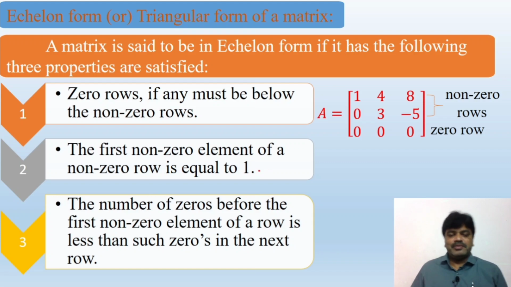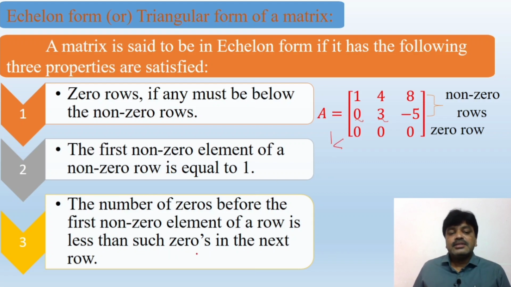Then the third property is very, very important: the number of zeros before the first non-zero element of a row is less than